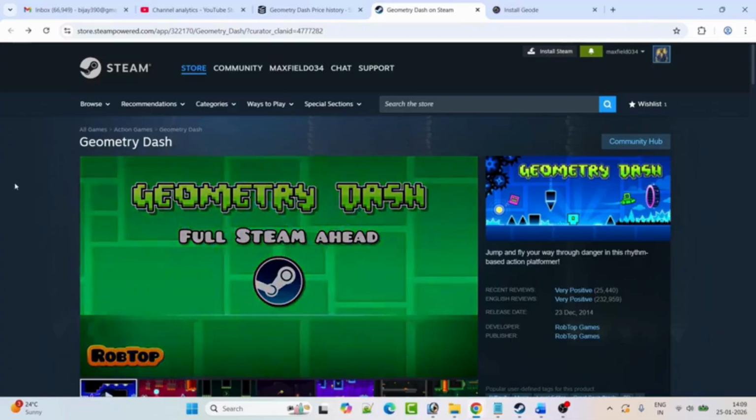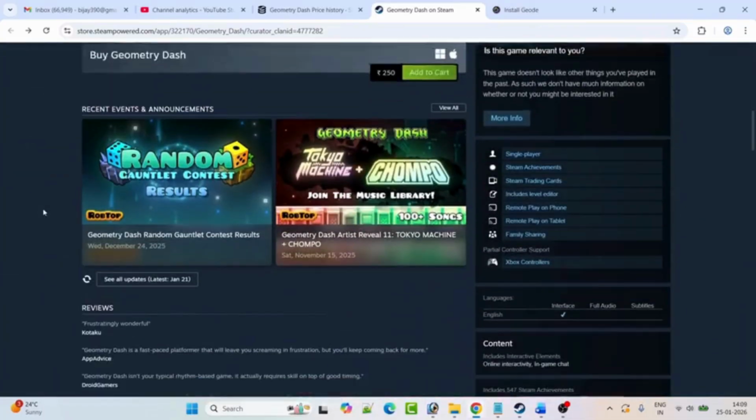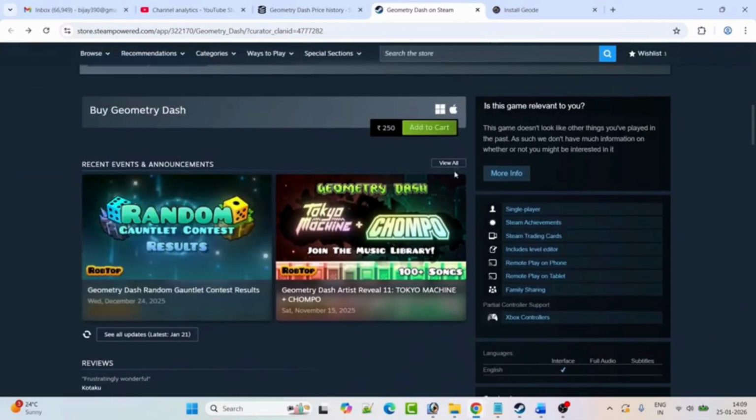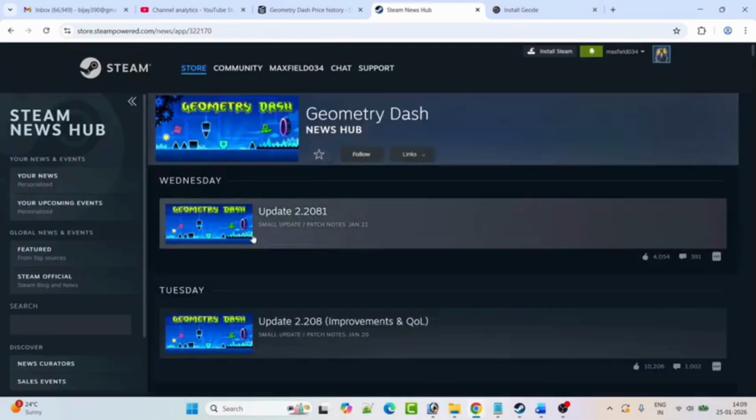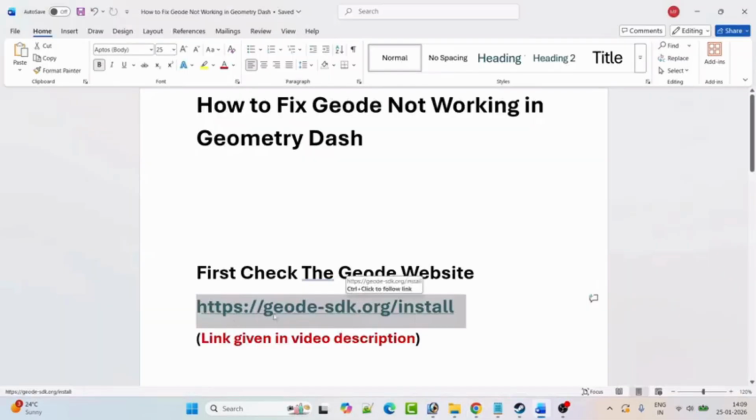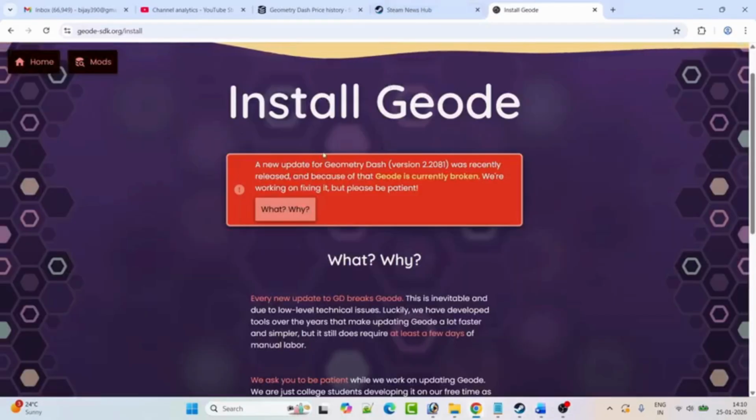When you go to the Steam Geometry Dash website, scroll down and here you will see recent events and announcements. Click on view all. Here you can see there is a small update on January 21. That is update 2.2081. And when you go to this Geode website, here you will see a new update for Geometry Dash version 2.2081